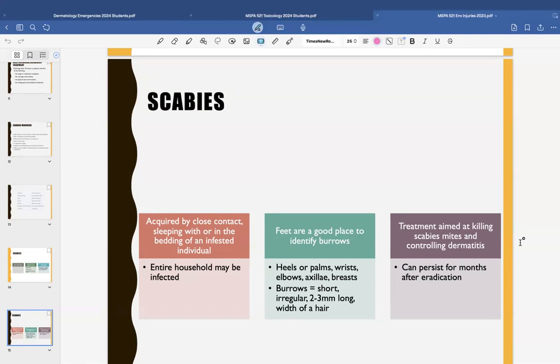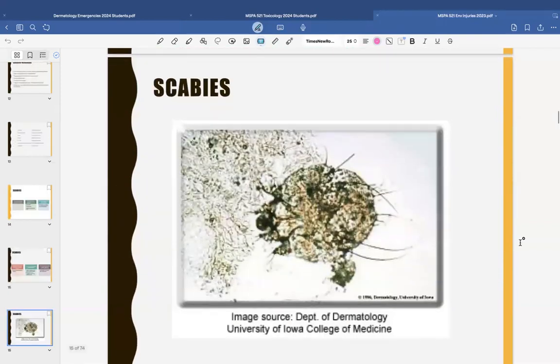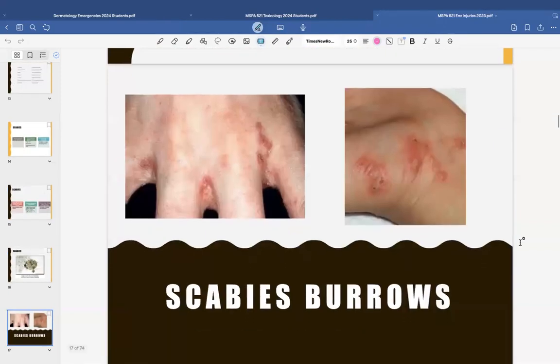How long do you have to have contact with these patients or with these family members before you get scabies? About 15 minutes. Okay. Scabies. Here are the burrows, in the webs of their feet, webs of their hands, their wrists here. See these excoriations. Question about this: do you know if you can get them from a dog? We had a patient who presented with it, and two providers were going back and forth, because one said no, you can't, and one said yes, you can. Our patient's dog had it, and then they